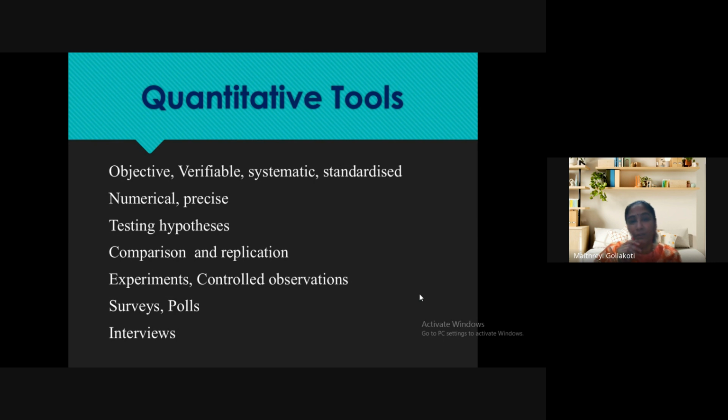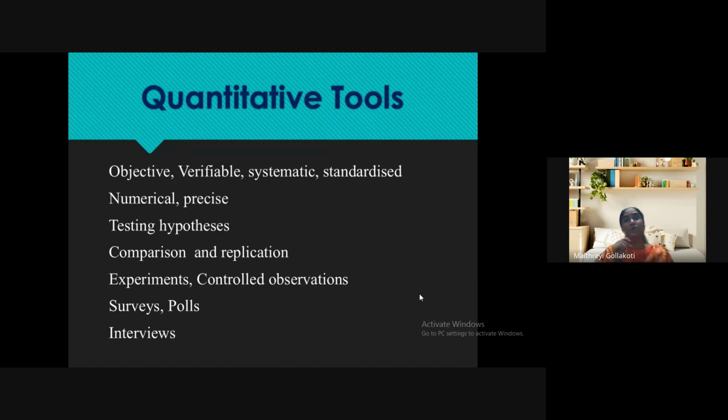Whereas in qualitative tools, in some parts people may like the product, in some parts people may not like the product. In some parts it might be useful, in some parts it will be useless, isn't it? See, if there is ice cream, there is a lot of need for ice cream in a place which is very hot. So if I go and sell ice cream in Antarctica, who will buy? Isn't it? So the result will vary. Whereas in quantitative data, it is always the same. Wherever we take it, the result will be the same.